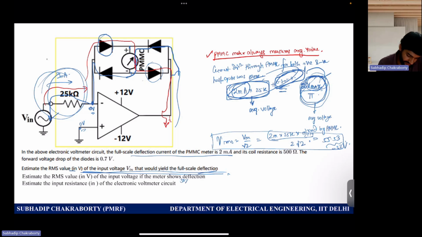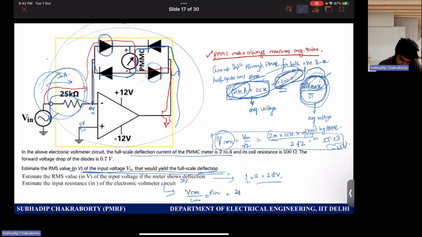So for 50% deflection, what will happen? How much voltage? It is a linear scale. So half of 56, we are going to get 28 volts. On average, we have the average input voltage and current both. So now the resistance can be calculated as V average by I average. I average is 2 milliamps and V average can be calculated as